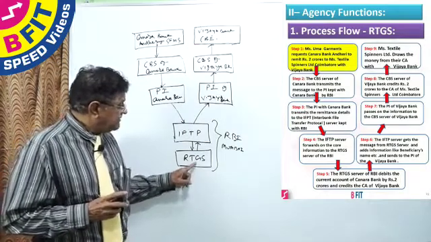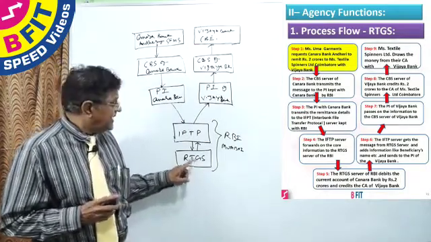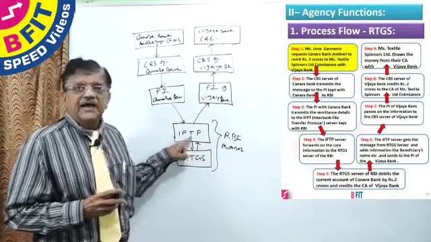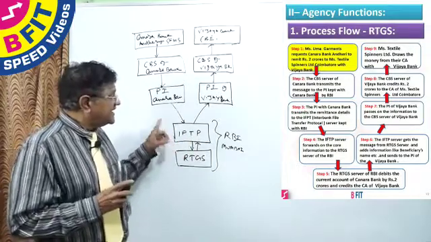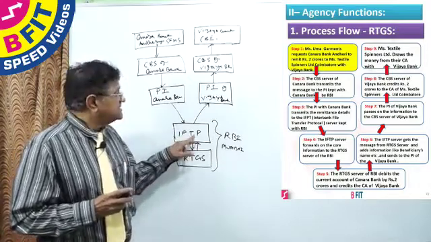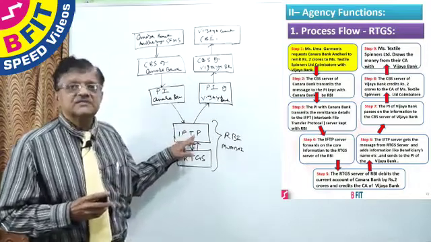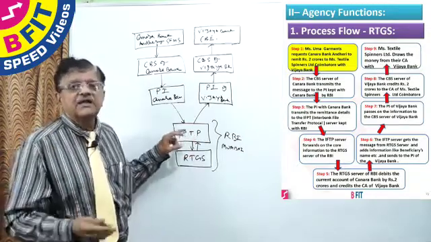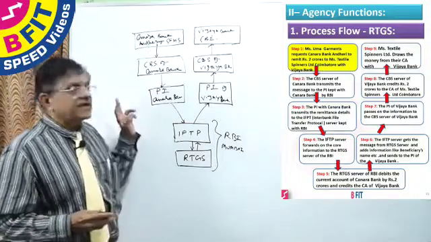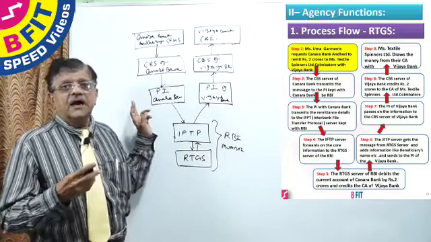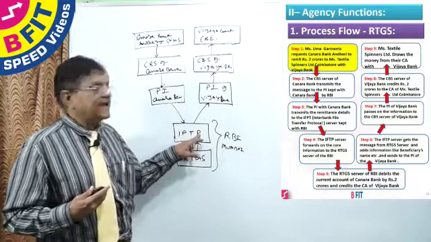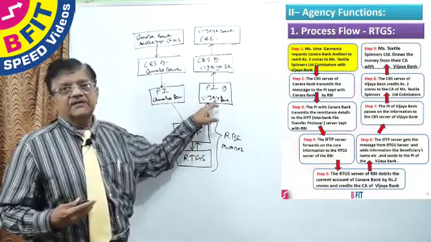After doing that, it will say the money has been transferred, and those details will be sent by the RTGS server again to the IFTP server. The IFTP server will add the earlier details it had cut off. Further required details will be added, and then this IFTP server will forward this message: in your account 2 crore has been credited on account of RTGS remittance received from Canara Bank. Party is Canara Bank Andheri branch. Amount is 2 crores remitted by Uma Garments. All these details will be added here and then sent to Vijaya Bank PI.